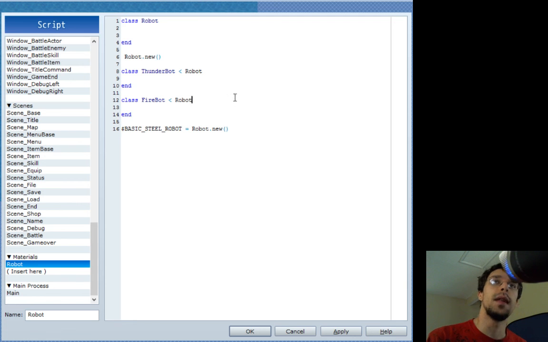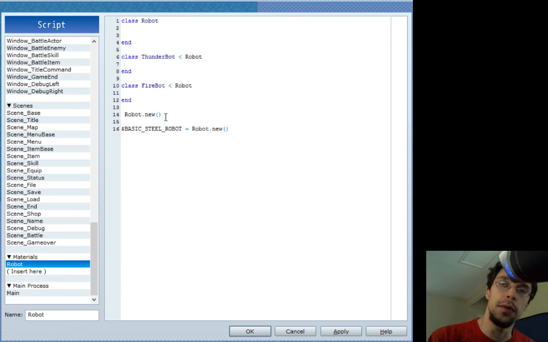So that explained that. We explained how to create a new robot using robot.new in order to create a new class instance or a new